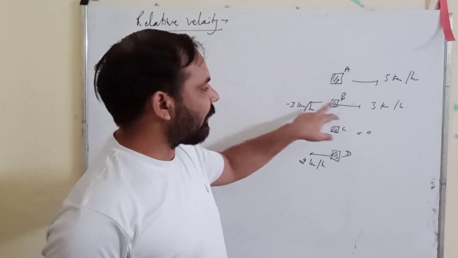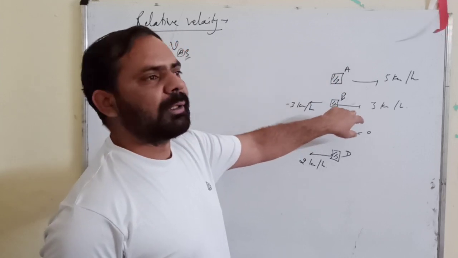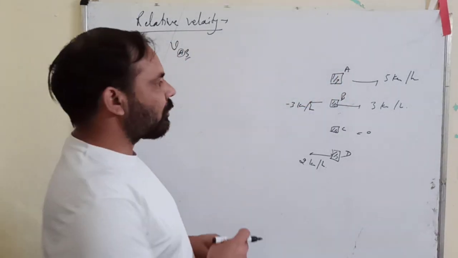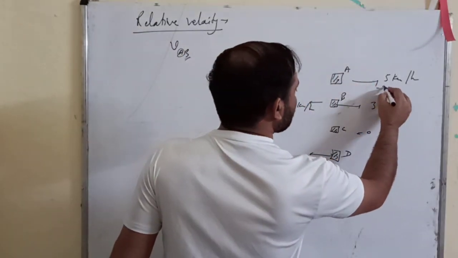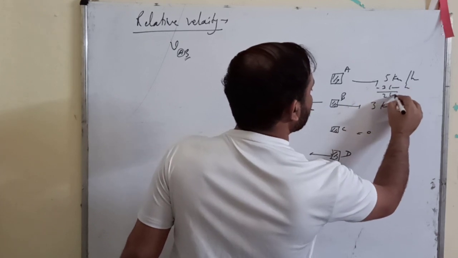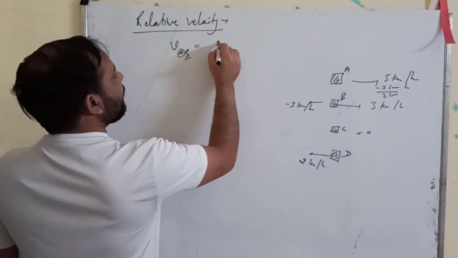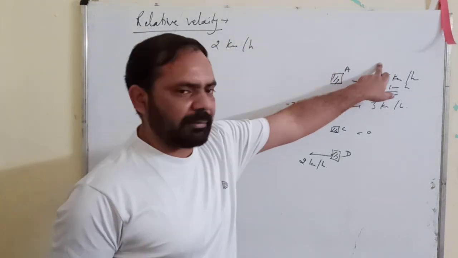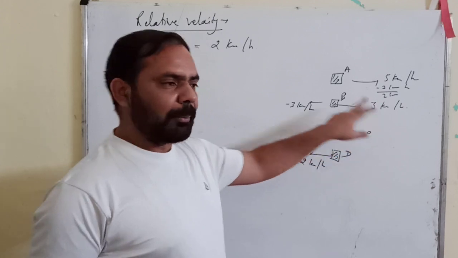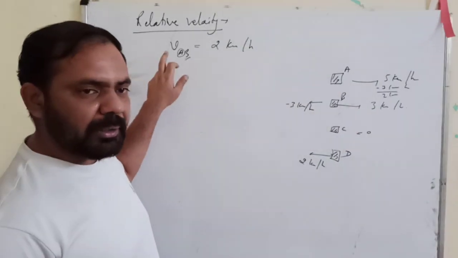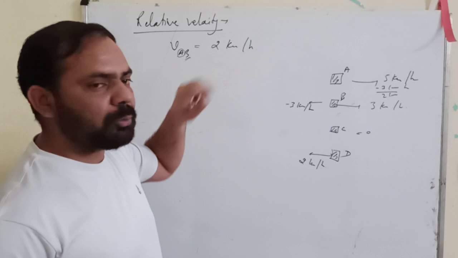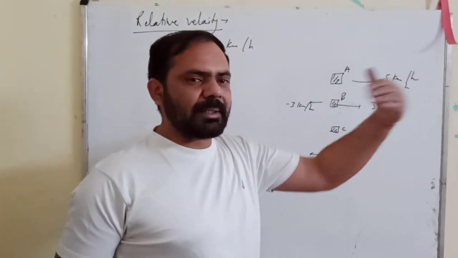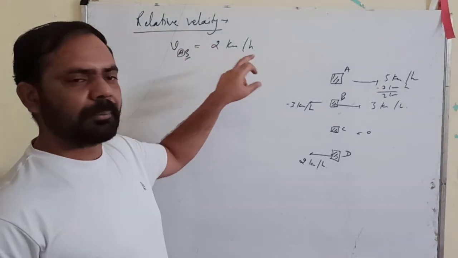But if you are subtracting 3 here, then you will have to perform the same expression for A also, because you are finding VAB. So we will have to subtract 3 from here also, 3 km per hour. So what I get? 2 km per hour. So how much is VAB? 2 km per hour. Speed of A is 5. Speed of B is 3. But VAB, the relative velocity of A with respect to B, is 2 km per hour. It means the gap between them is increasing at a rate of 2 km per hour.